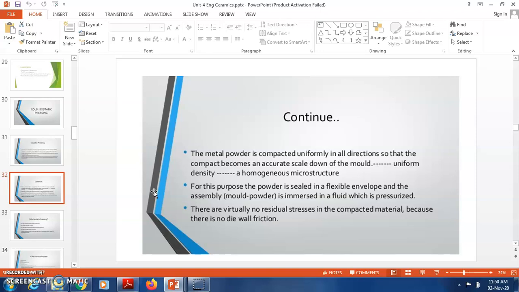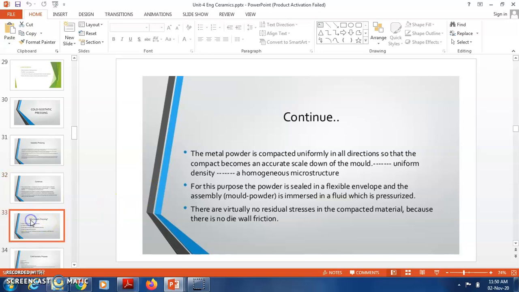For this purpose, the powder is sealed in a flexible envelope and the assembly is immersed in a fluid which is pressurized. There are virtually no residual stresses in the compacted material because there is no die wall